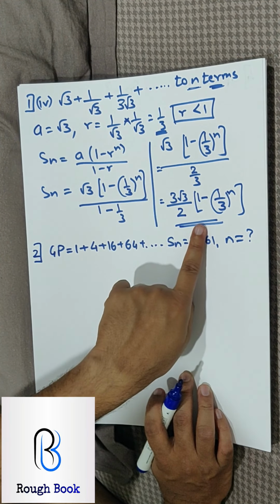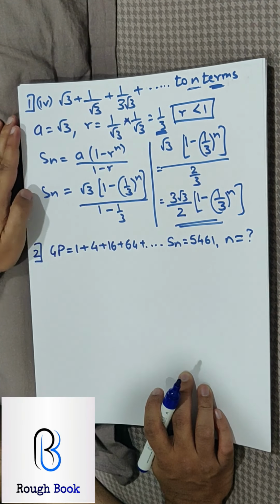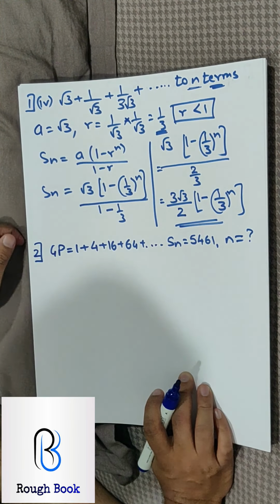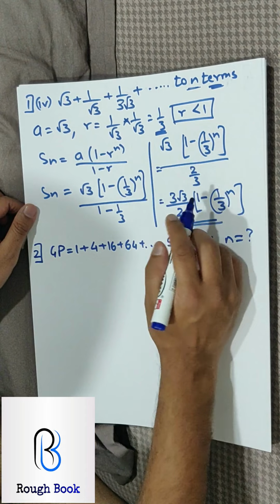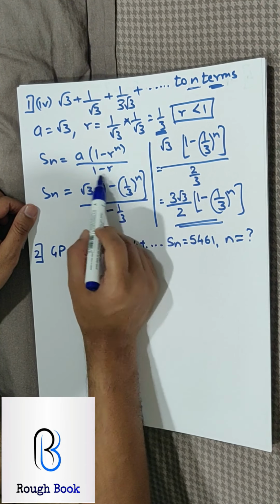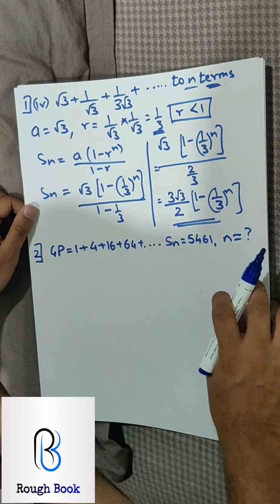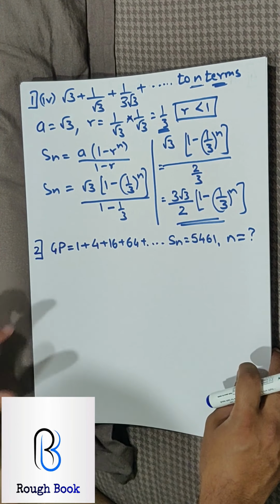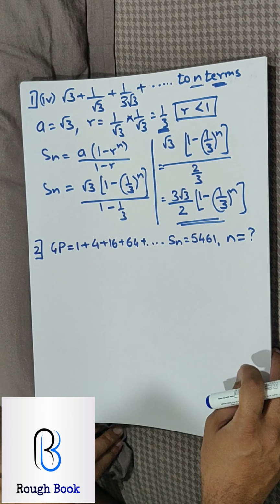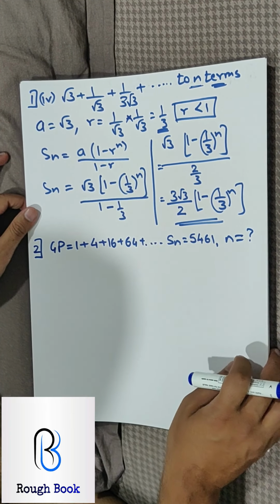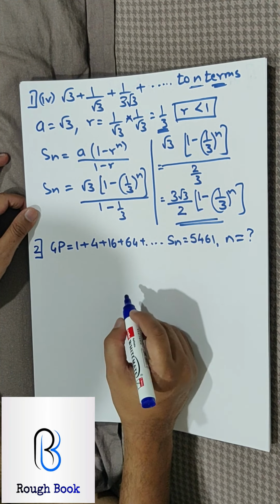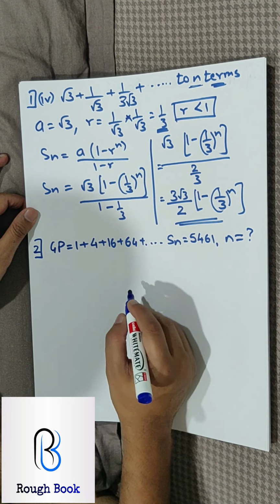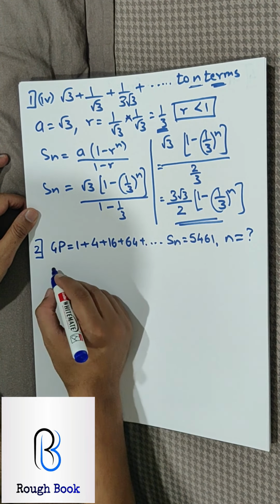Are you able to understand this type? Mostly these are very silly sums. Such types of sums are not expected in the exam. We're just doing it in order to understand how to apply this formula. Once we know the formula, we can hit the exercise very easily. So I want everyone to try sum number 2. Come on, pause your videos. Everybody should go ahead. Everyone, give me your best. Yeah. So sum number 2.